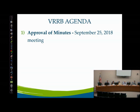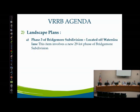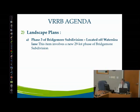We have the first item under landscaping plans: Phase 3 of the Bridgemore subdivision located off of Watersley Lane. So, is there anybody here? This is a small landscaping plan for a new phase of Bridgemore subdivision. It's a 21 or 29 lot